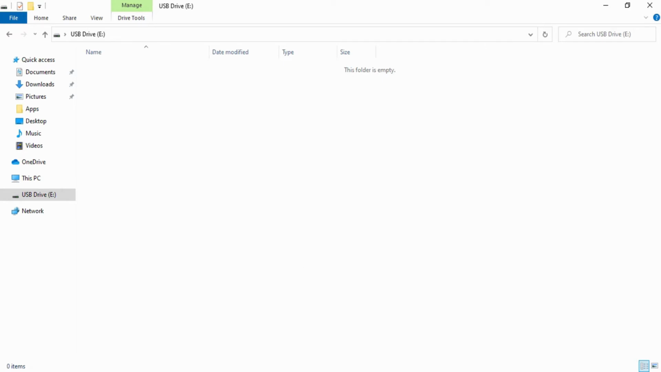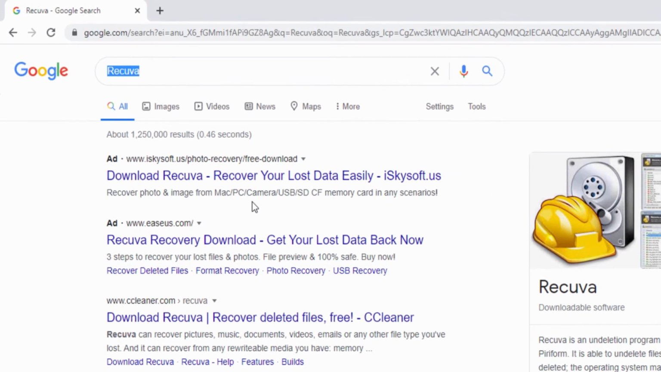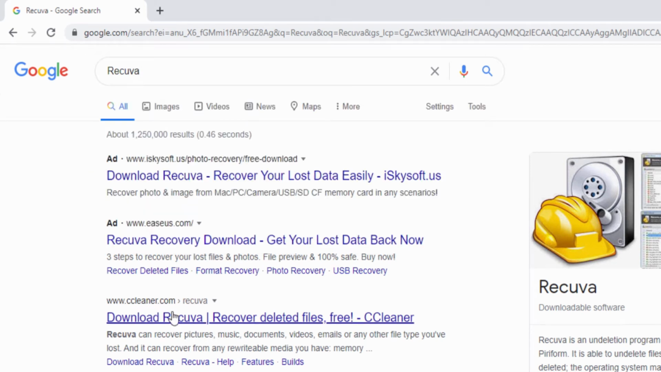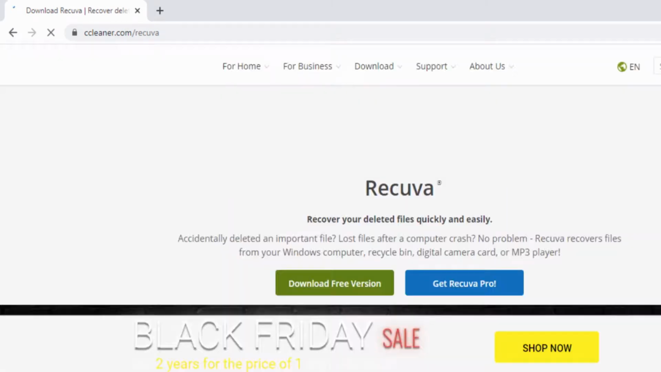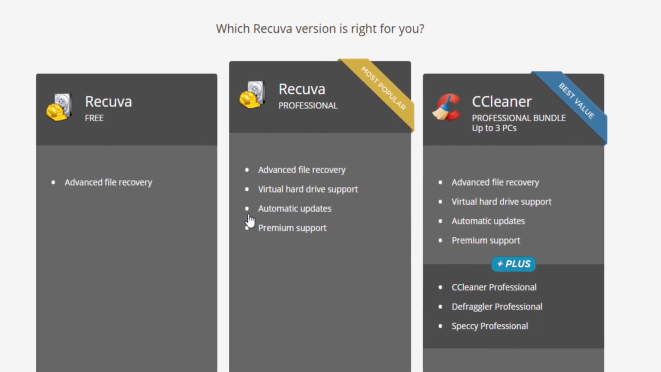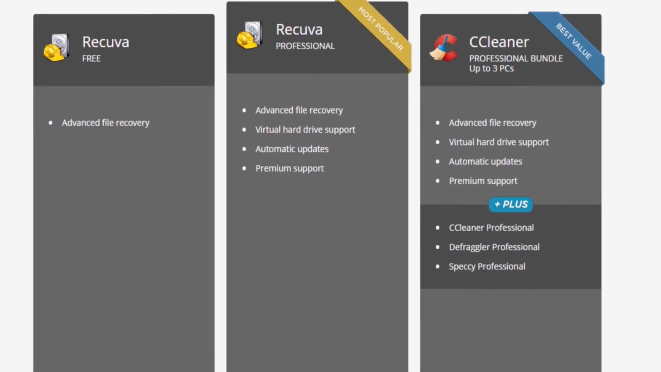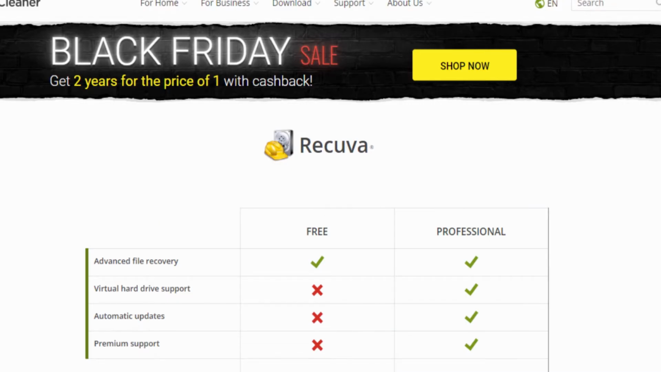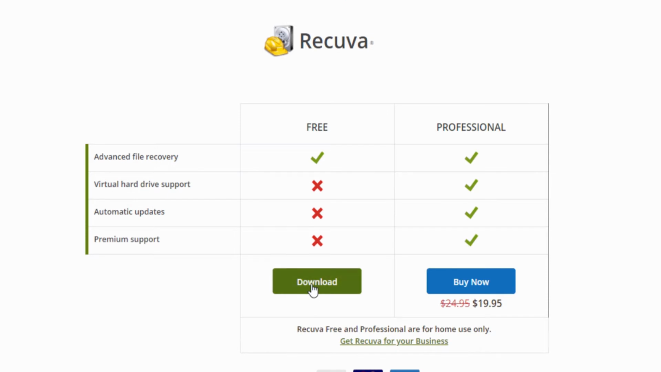So we will download a software. Open your web browser and search for Recuva. It is from CCleaner. So as you can see, you can recover your deleted files quickly and easily with Recuva. And we will select the free version. So download,